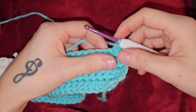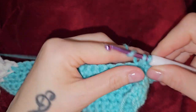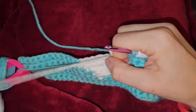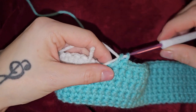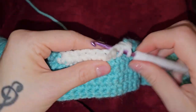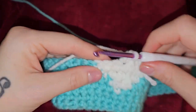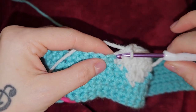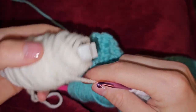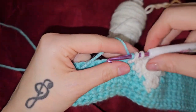So row 7 done. Now it's row 8, and we're going to do 32 teal stitches. We're going to do 9 white. Make sure there's some slack going into that teal stitch, 1, bringing that loop over, 2, 3, 4, 5, 6, 7, 8, picking up that teal, 9, and then to finish row 8, we're going to do 10 teal,